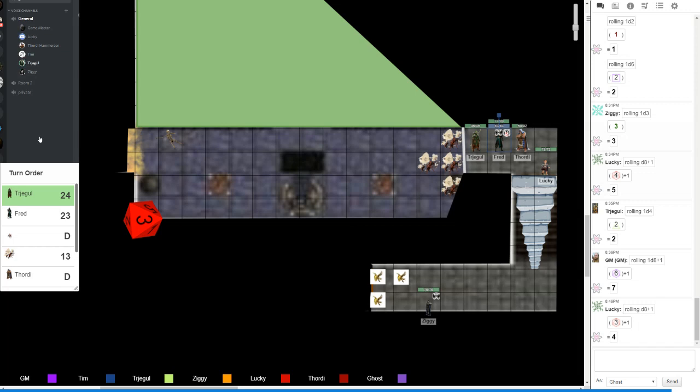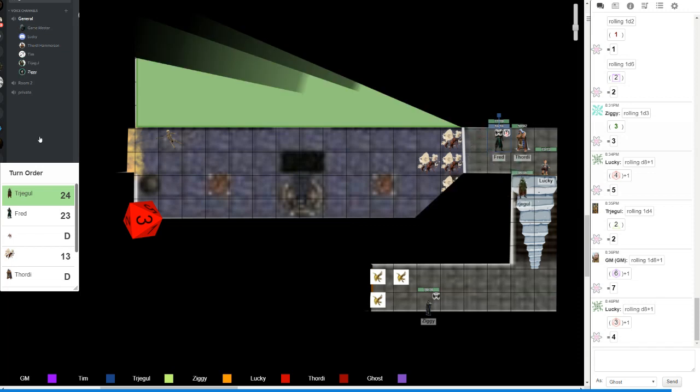Well, Tragel, your turn. Oh, you silly peasants needing healing. 5, 10, 15. You guys are going to waste all this time healing. 20, 25, 30, 35, 40. I know how you guys will be. You'll be 4 rounds examining this door. 45, 50, 55, 60,